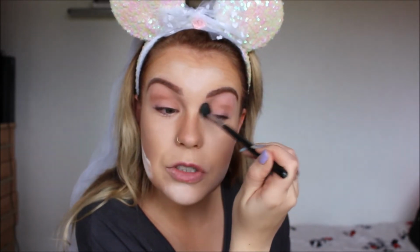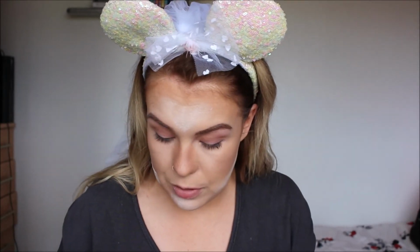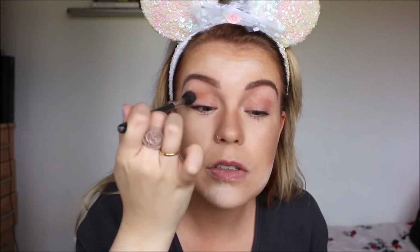I would definitely make sure that if you're going to be using a bronzer on your eyes, to make sure you do warm up your face a bit with some bronzer too. Usually I would say to make sure you're using the same bronzer on your eyes as you are on your face, but the Hoola bronzer compared to the slightly darker shade here are so similar that I don't think it's overly noticeable. Just make sure